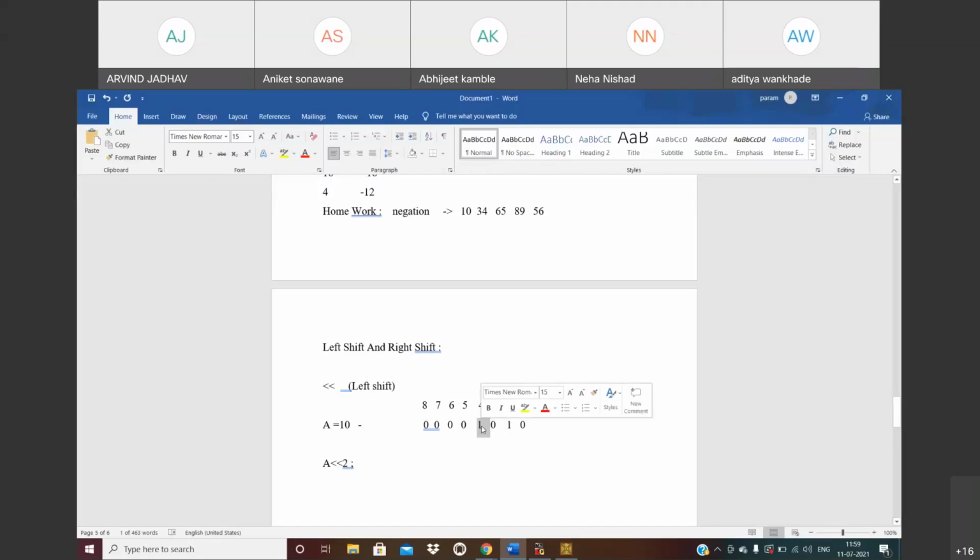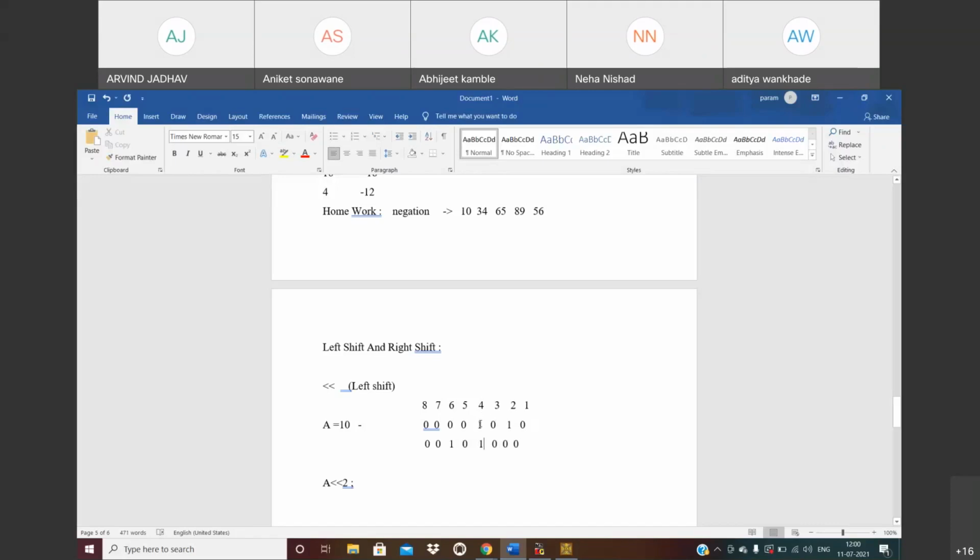अब ये बीट है 4 नंबर पे, इसको 2 जगह शिफ्ट करना है। कैसे? दिस वन इज अ फर्स्ट, दिस वन इज सेकंड, मतलब ये 4 वाला जो बीट है ये 6 को जाना चाहिए। समझ में आ रहा है? 4 वाला जो बीट है वो 6 को जाना चाहिए, एंड ये जो 2 वाला बीट है, वंस को ही हम कंसिडर कर रहे हैं, मतलब ये 2 वाला बीट 4 को जाना चाहिए एंड 4 वाला बीट 6 को जाना चाहिए। जस्ट आई विल रिवाइज इट, 0 0 1 0 1 0 0 0 एंड लास्ट में 0। ऐसे कन्वर्ट होता है। समझ में आ रहा है?